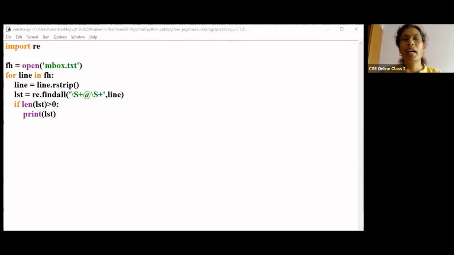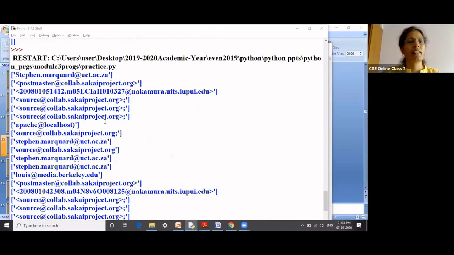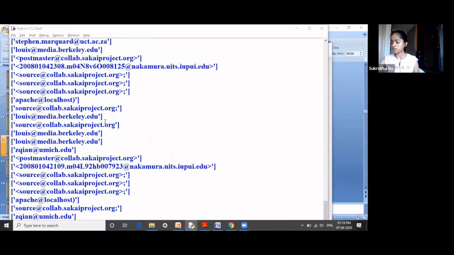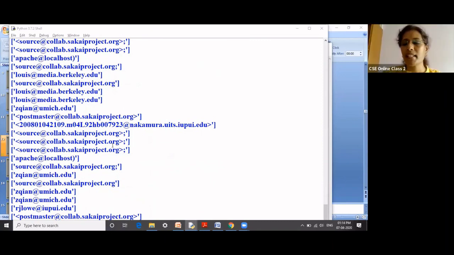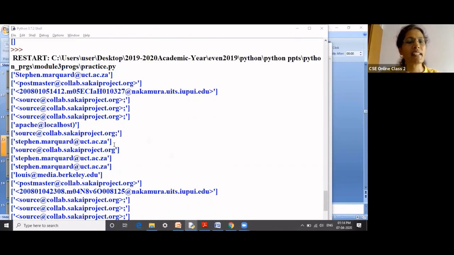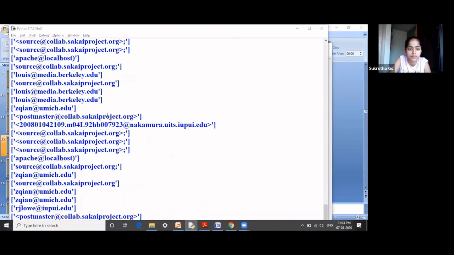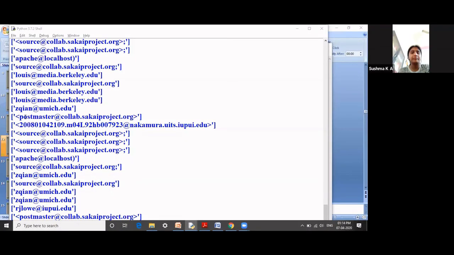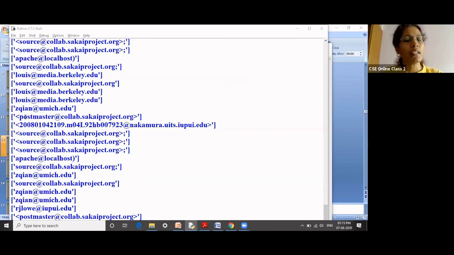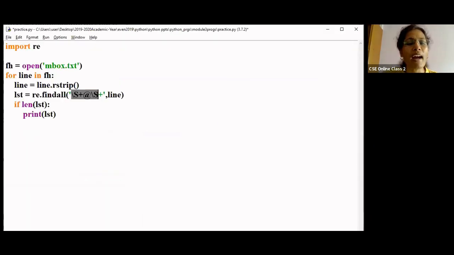Now I'm going to share. You can see these are the email IDs which I got. Correct? All of you can see this? Yes, ma'am. We are able to extract only those. It has also given greater than and less than signs on both ends and some semicolon. All this is there. Now I don't want this to be displayed. I mean, I don't want this to be displayed. Add some more characters.